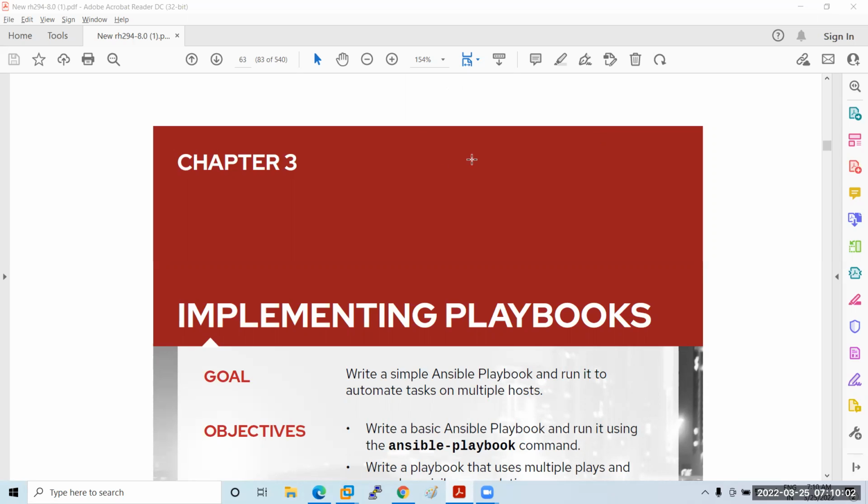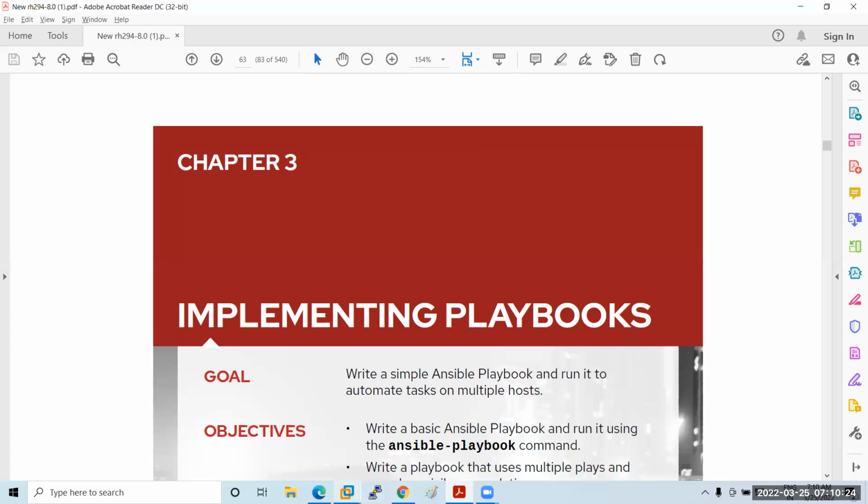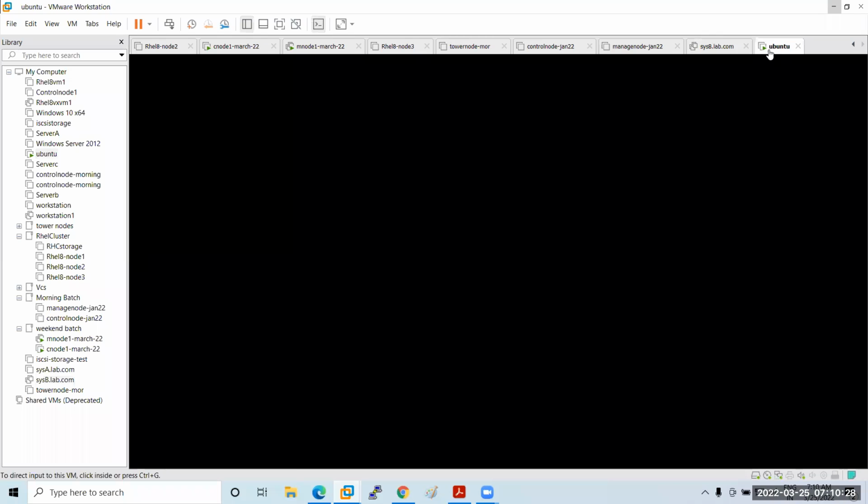So fine. Today we will start with the third chapter. The third chapter is all about implementing playbooks, right? But before we go with the third chapter, like yesterday, we were discussing about configuring Ubuntu as